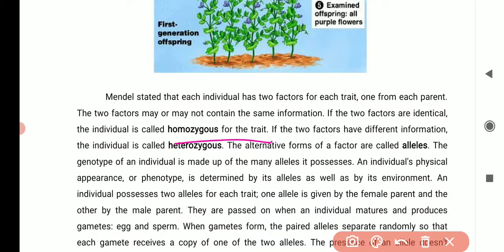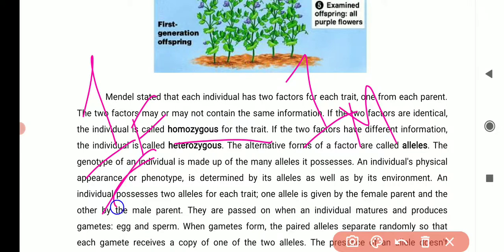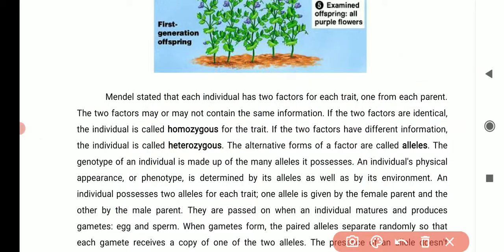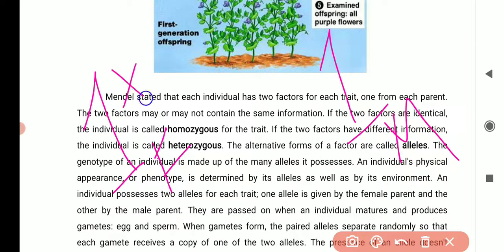It means that if one factor from the father and one factor from the mother show the same physical characteristic, the same trait, for example if this one shows yellow color seed and this one also shows yellow, then they must be homozygous. Homo means same. But if those factors from the father and the mother carry different information, and this star mark shows a difference, then they are